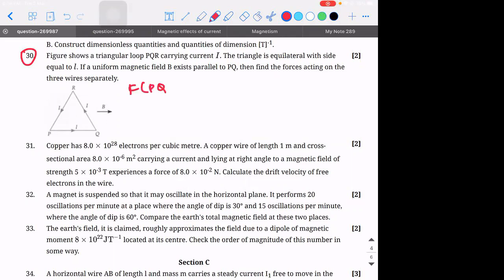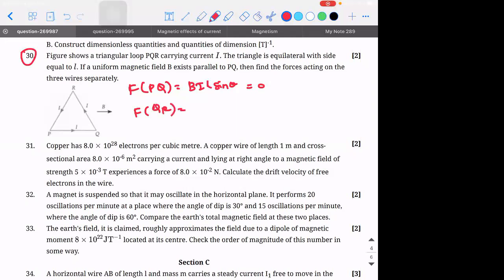So force experienced by PQ, how much is it? Directly tell me. What is the formula for force? I into L cross B if it is vector form. If it is in scalar form, it is B into I into L sine theta. Right, where theta is the angle between whom? It is the angle between the direction of current and the magnetic field. In this case, what is going to be the force experienced by PQ? 0. Because it is parallel. Similarly, what is the force experienced by